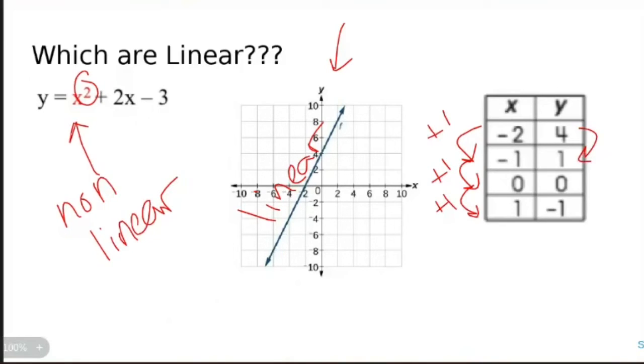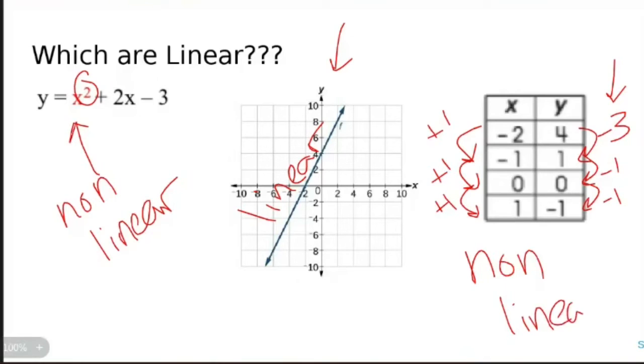To get from 4 to 1, -3. To get from 1 to 0, -1. Uh-oh. See how that one right there is different from the others? That means it's non-linear because it doesn't follow the same pattern. And if you're wondering why,